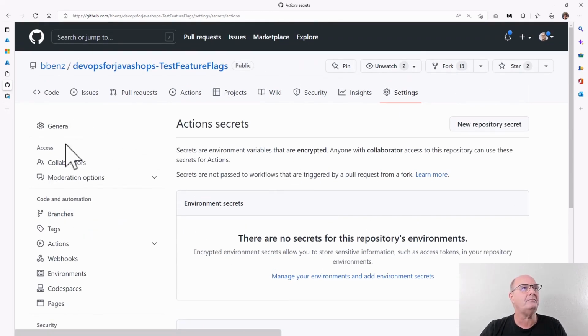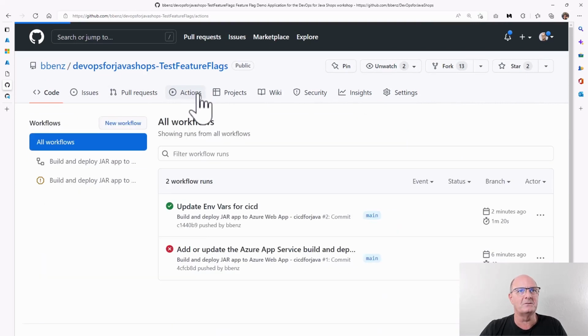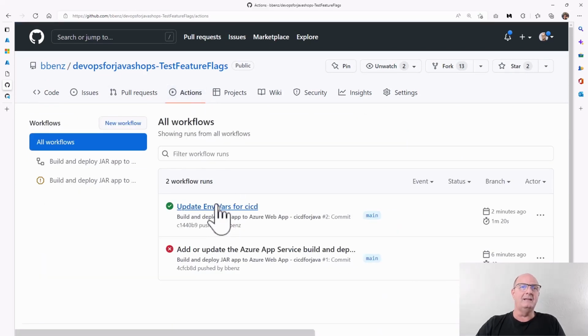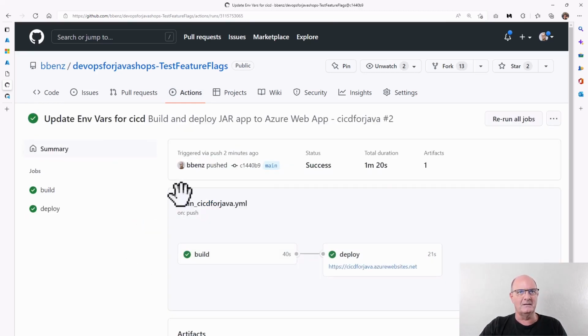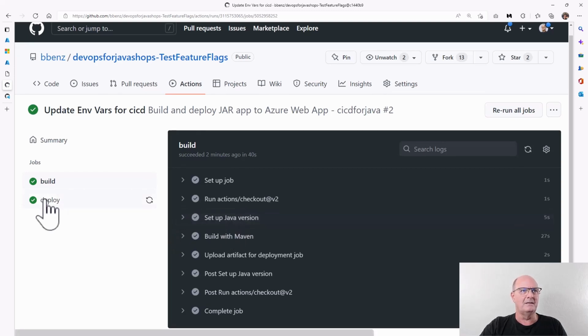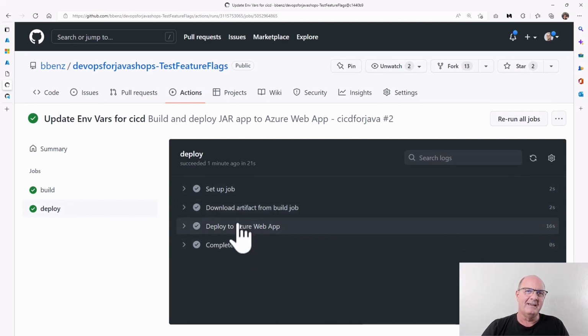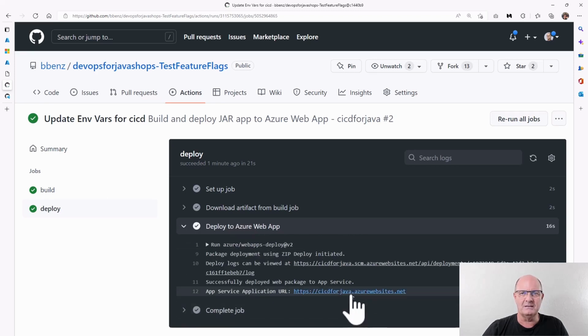All right. So if we go back in here and we look at our test feature flags now, fingers crossed, yay, it ran and it deployed properly. So the actual deployment worked this time. Remember down here, this one didn't work. The build was successful, so it's got the whole job. The deploy was successful, but the web app's still not going to run, and we have to fix one more thing before it runs.